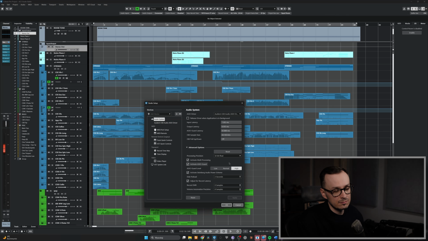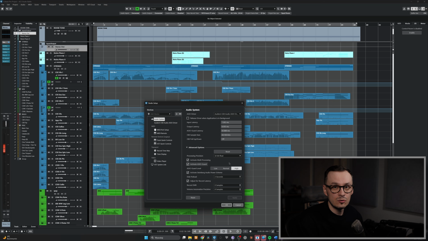Normal is a balanced default, a good starting point for most sessions. However, high is the maximum stability, and I use this often. The CPU pre-processes as much as possible. This is highly recommended for heavy orchestral templates. You may notice a very slight delay in response when moving faders during playback, but one important thing to understand: